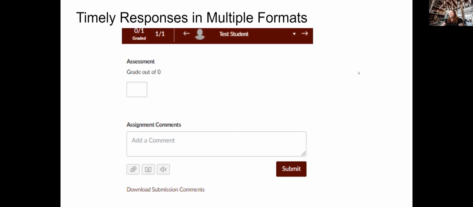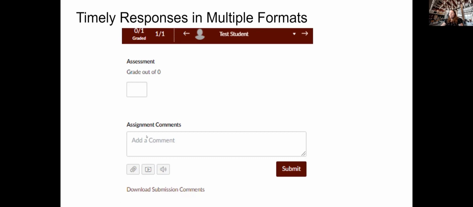The last thing I was going to talk about is responding to their assignments, especially, or their quizzes. What you're looking at here is part of the SpeedGrader inside Canvas, and you have an option to use a rubric, which also speeds up your time, and you can pre-populate feedback using the rubric. But another thing you can do is, if you look at these buttons here at the bottom, you have different formats that you can create feedback for the student.